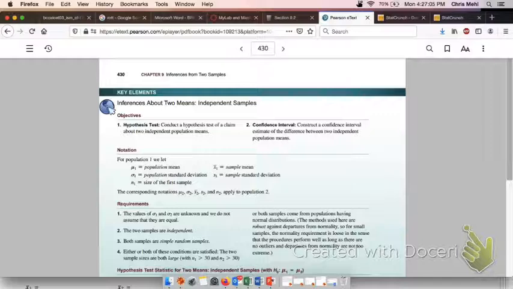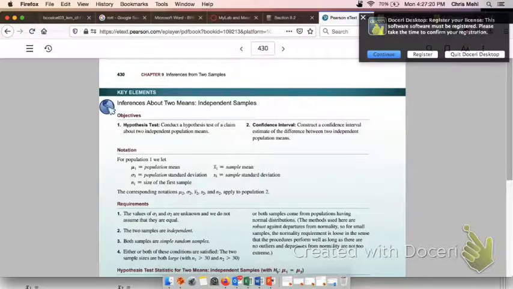Now, notation, you can fill this out in the handout if you have that in front of you. Mu sub 1 is the population mean of the first population. X1 bar is the sample mean of the first sample coming from that first population. Now, it's oftentimes not known, but sigma 1